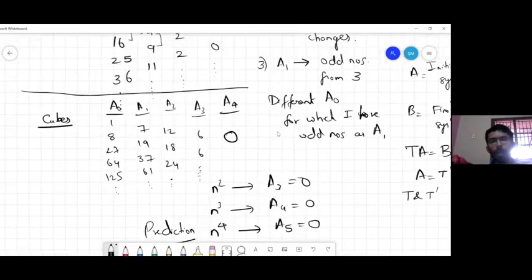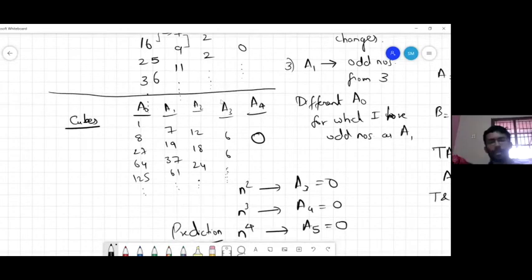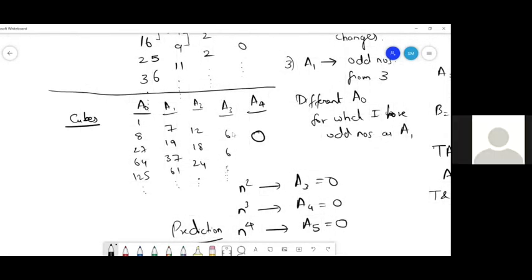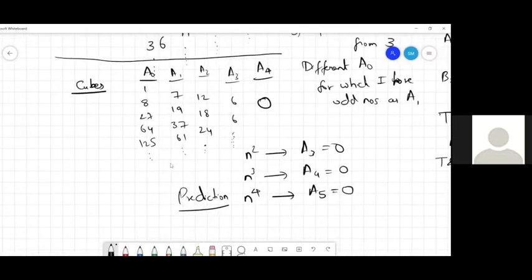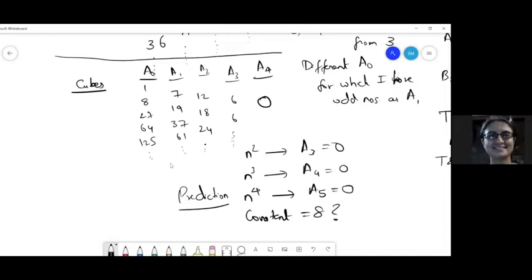I would also like to draw your attention to one more quantity, that is the stage before 0. Here I have 2s, the constant stage. For cubes, it is 3 times 2 is 6. So probably for fourth power, 8. I don't know, we'll have to check. For every exponent, we can say the constant will arrive at that level. If the exponent is n, the constant will come at the nth level.